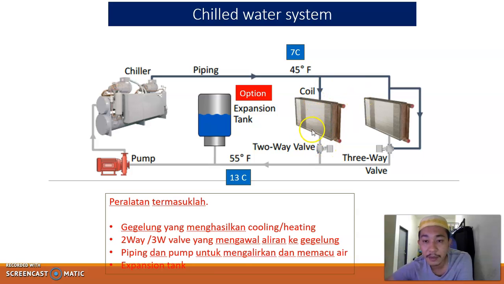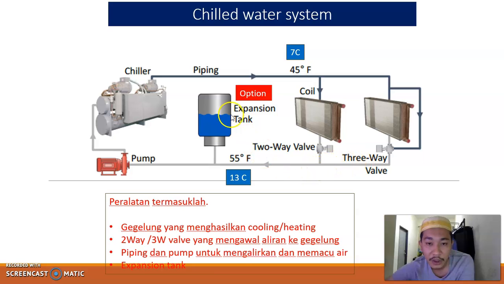This is an example where we have about two coils here. For example, this is one air handling unit and this is one more air handling unit. We will have a two-way valve and a three-way valve depending on the application of the chill